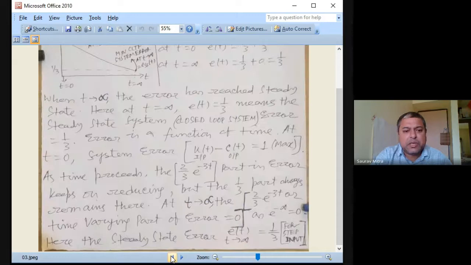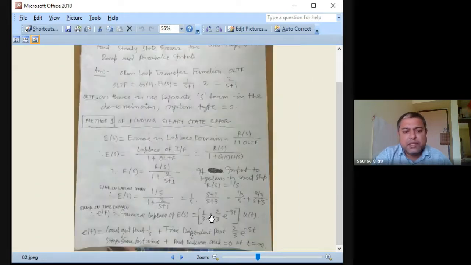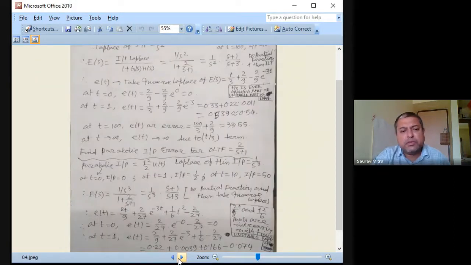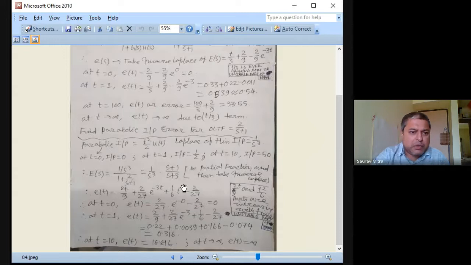Okay, but here one difference is there. This is the first method, so here we are actually finding what is e(t). So e(t) is equal to 1 by 3. We have found that for step input, unit step input. So first we will prove only for unit step input. For unit ramp input we are finding error is infinite, and for unit parabolic input also error is infinite. So these are the three things we have found out. Now how to do the simulation? That is the very important part. We got stuck here, and let us find out how to do the simulation.